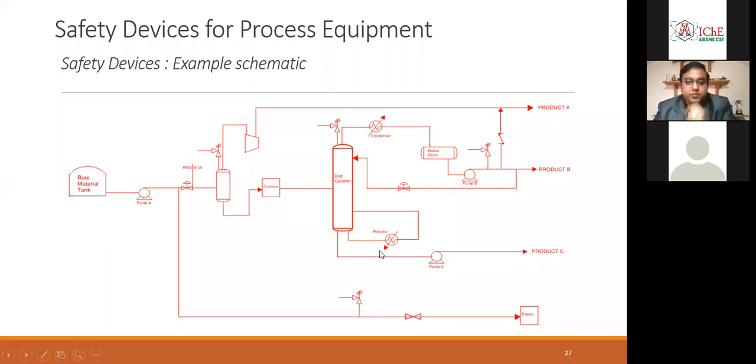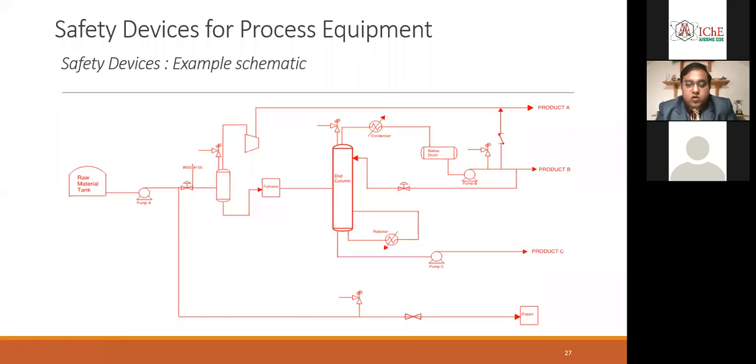And similarly, blocked outlet. If any valve is present here, control valve or anything, generally it is there. If that fails, there is a blocked inlet scenario, this control valve closing, cutting off the cooling medium to this, is again one scenario. Then in this one, this flow goes into the compressor system. If you imagine the compressor shutoff is higher than this shutoff, there is a possibility that in case this pump is not working, this one will go and pressurize this system. That's why we have put a relief valve here.